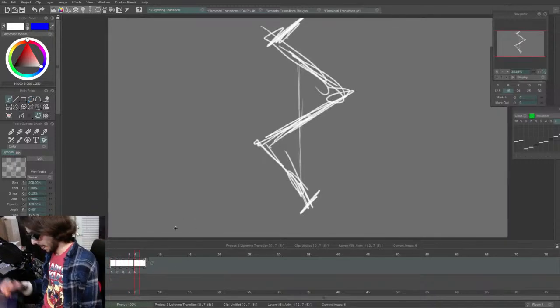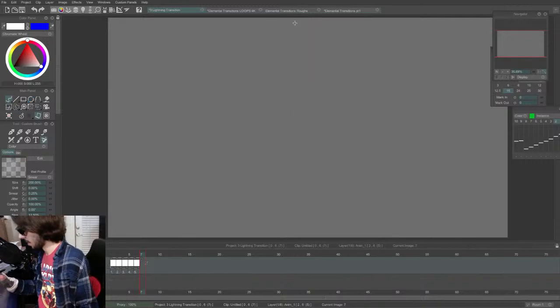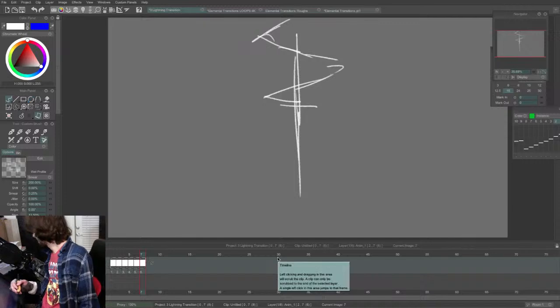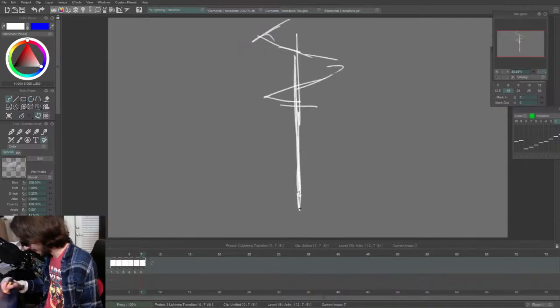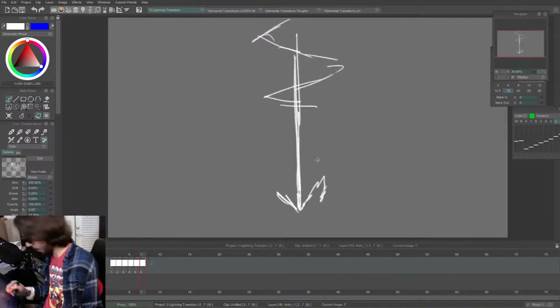All right. And then we're gonna have the shape. My brain is messing up. Hold up. Okay, so down here, I'm actually gonna have the bottom part where it hit the ground kind of